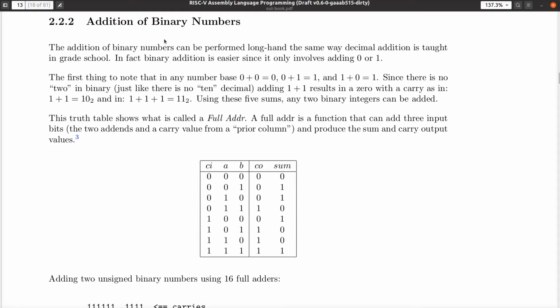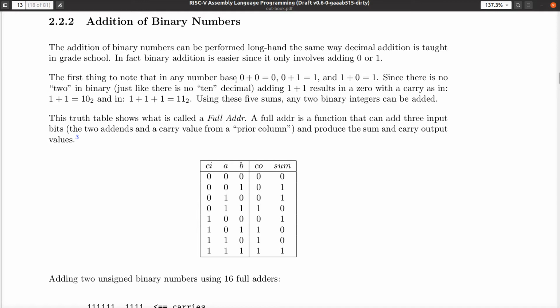So let's look at how that works, okay? How do you add binary numbers? Right now, we're talking about adding numbers that have no sign, or unsigned binary numbers, okay? Just to keep it simple, we'll add signedness later on as we go. So what are we going to do? We're going to do it longhand, like I say here, and I point out that what you need to do